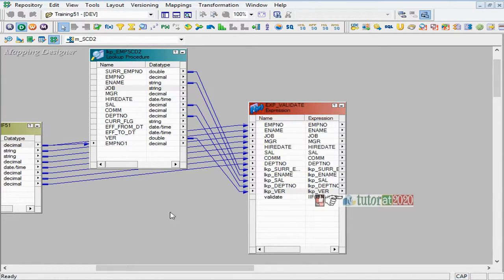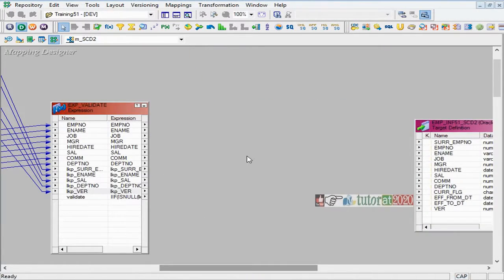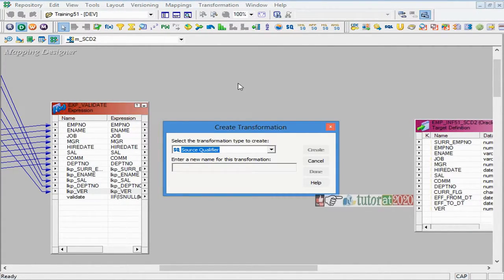Okay, fine. Then what am I supposed to do now? If it is type 1, new record insert, changed record update. So in type 2, what am I supposed to do? Insert and versionize. So now when I take the insert category, both new and changed records have to be inserted.